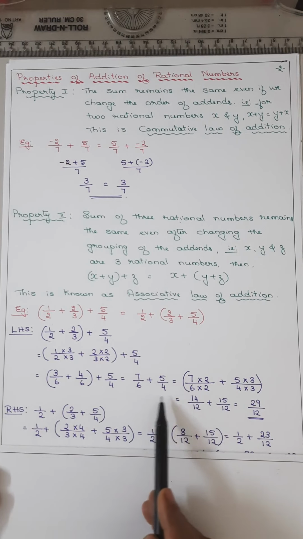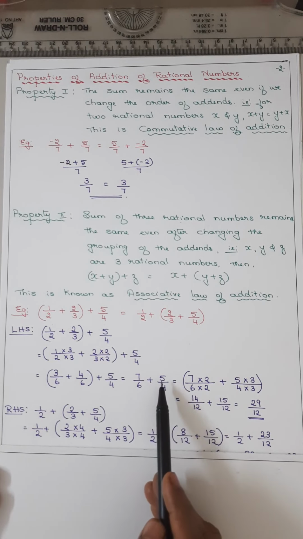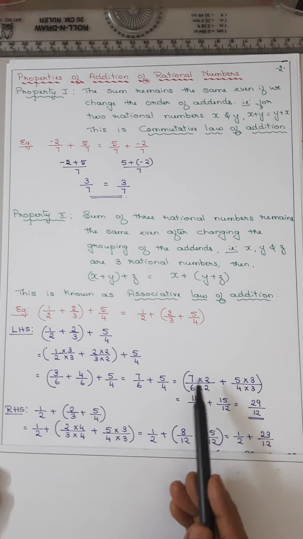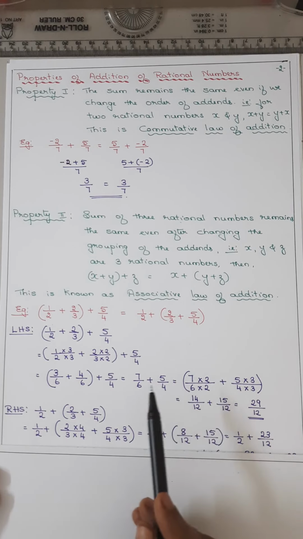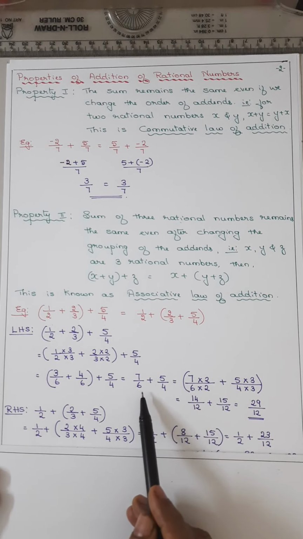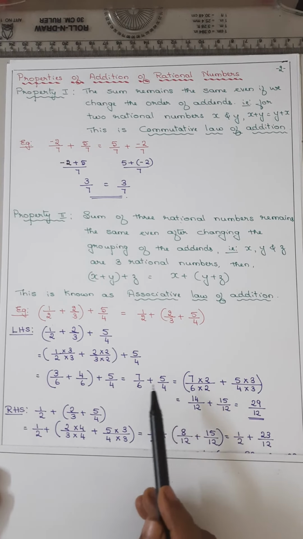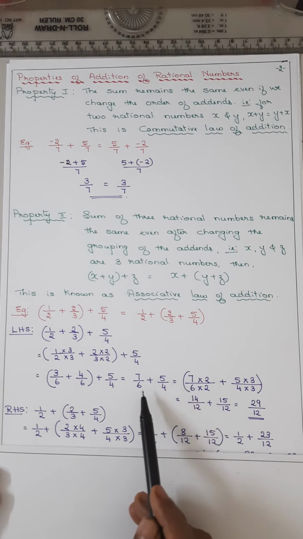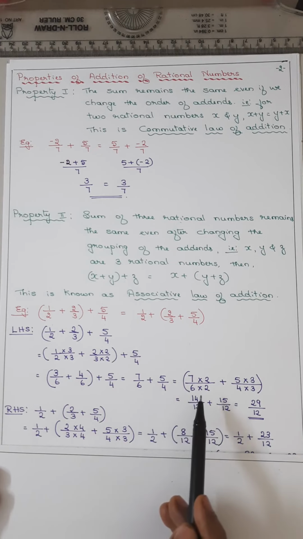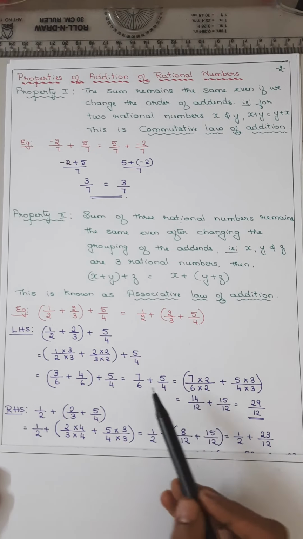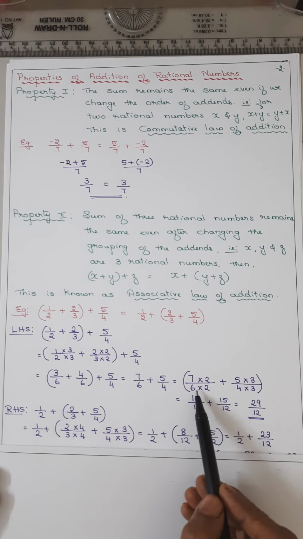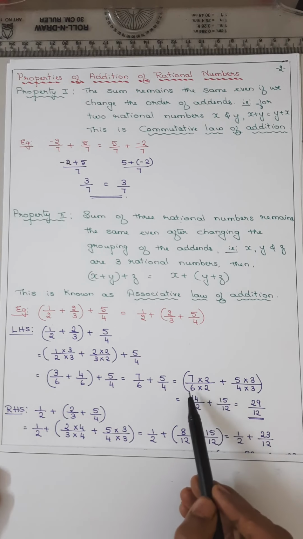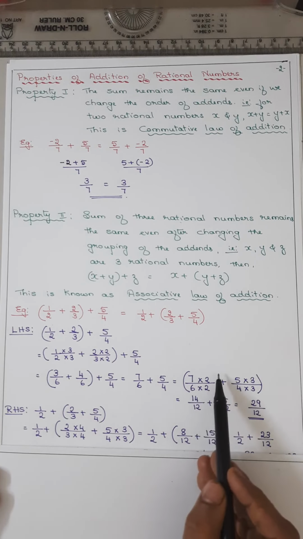Now 6 and 4, what is the LCM? They are not prime numbers. So see, 6 is the bigger number. 6 ones are 6, not there in the table of 4. 6 twos are 12. Yes, it is a multiple of 4. Okay, 6 twos are 12, so 12 is the LCM. So for 7 by 6, you write it multiplied by 2, since 6 twos are 12. So 7 twos are